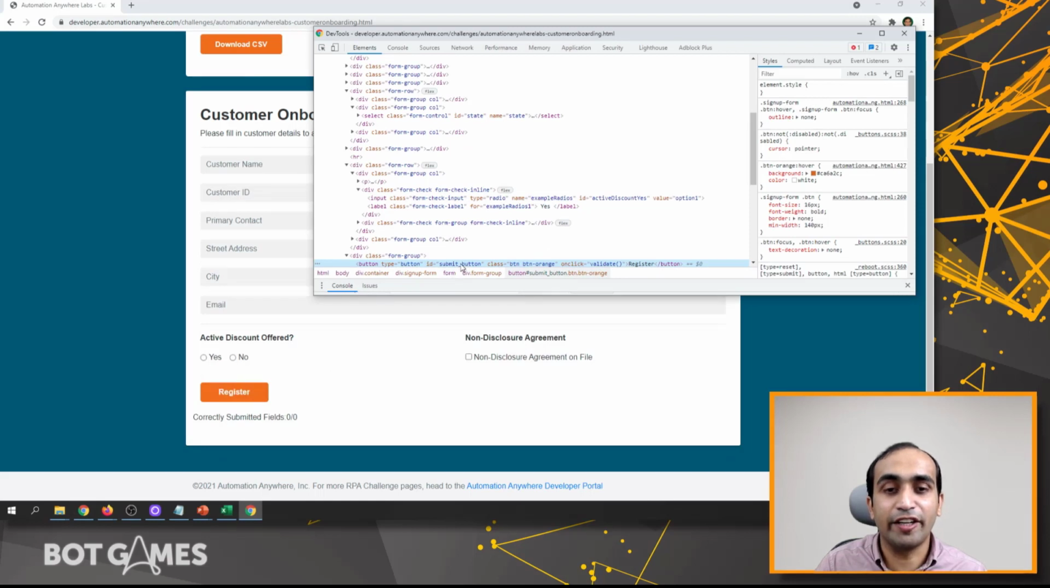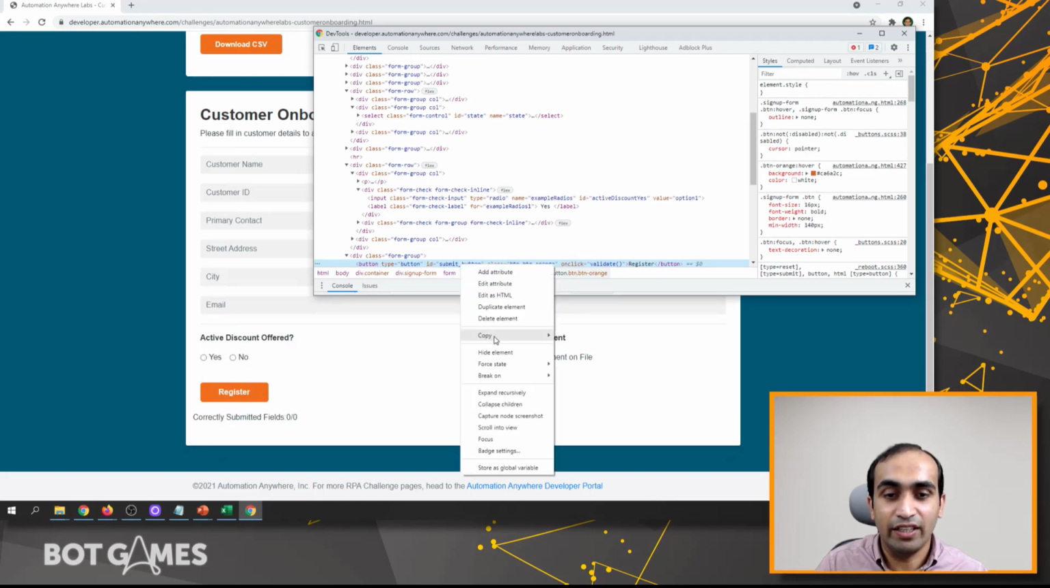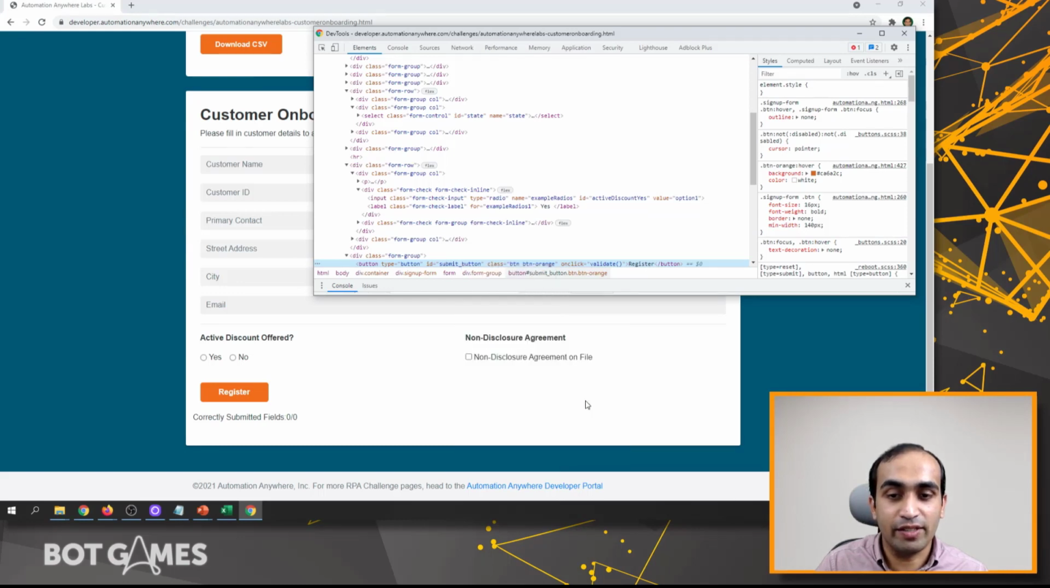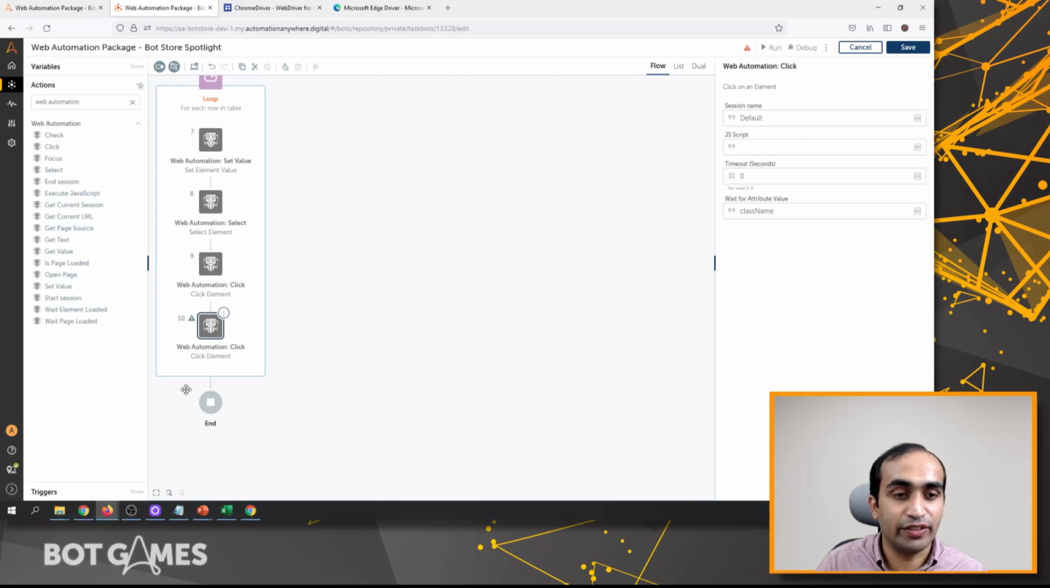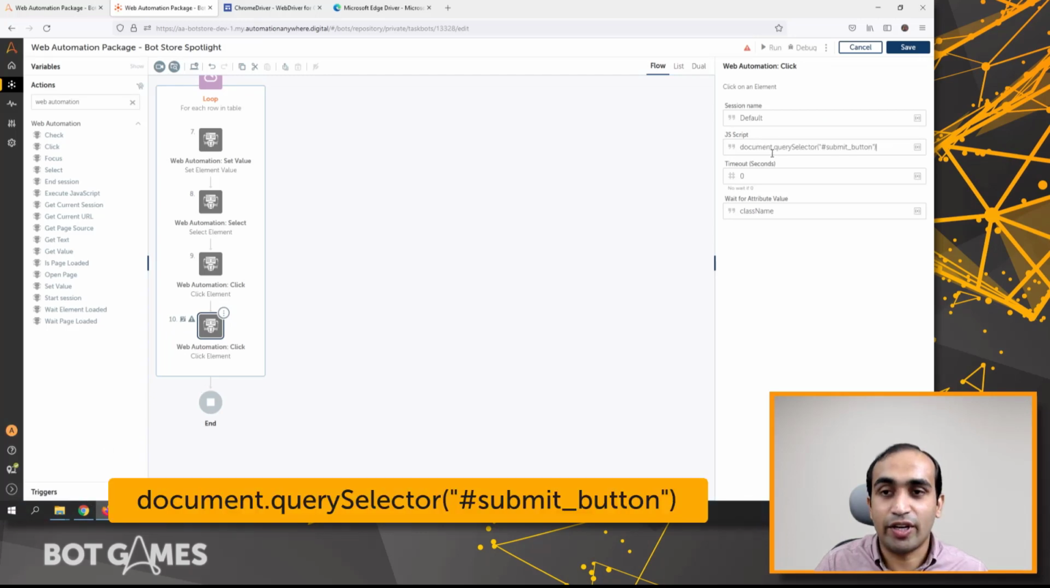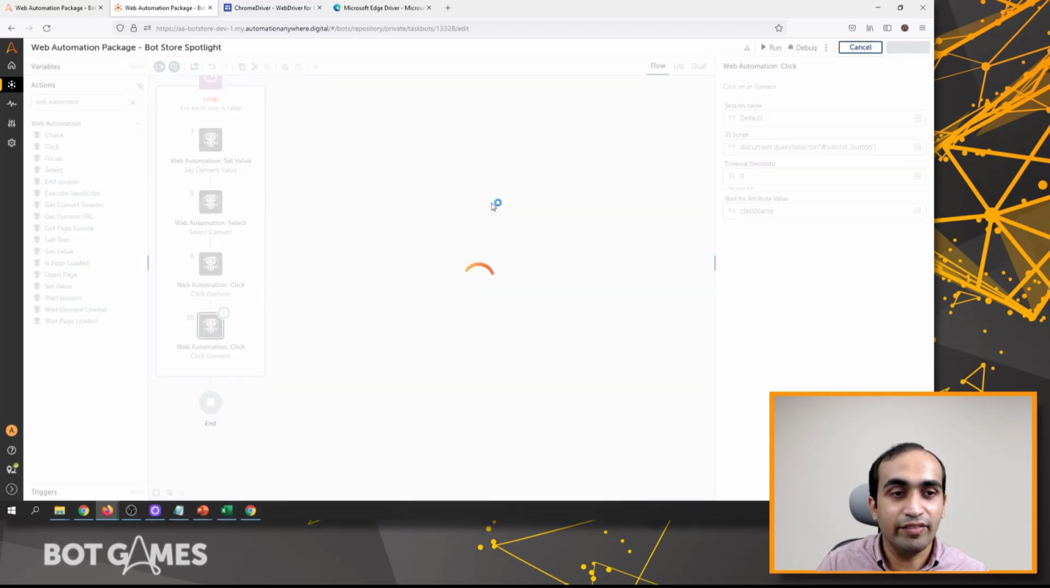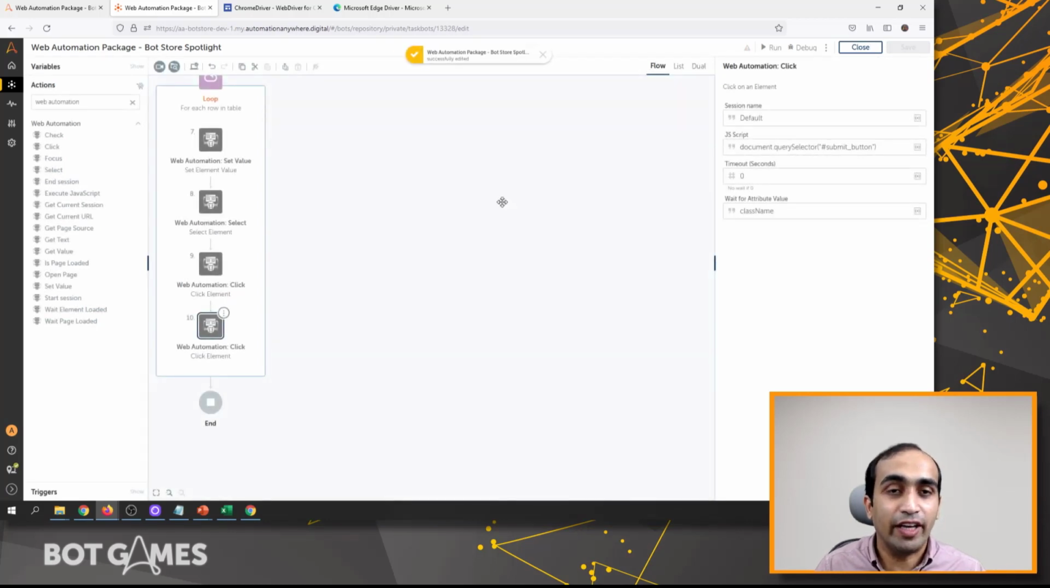And now it'll identify the particular properties for this element. I'll right click, click on copy, and then click on copy JS path. Switch back to Automation 360, and then I'll paste the JavaScript path here. Click on save. So now we have automated different kind of elements, and to show you if this bot is